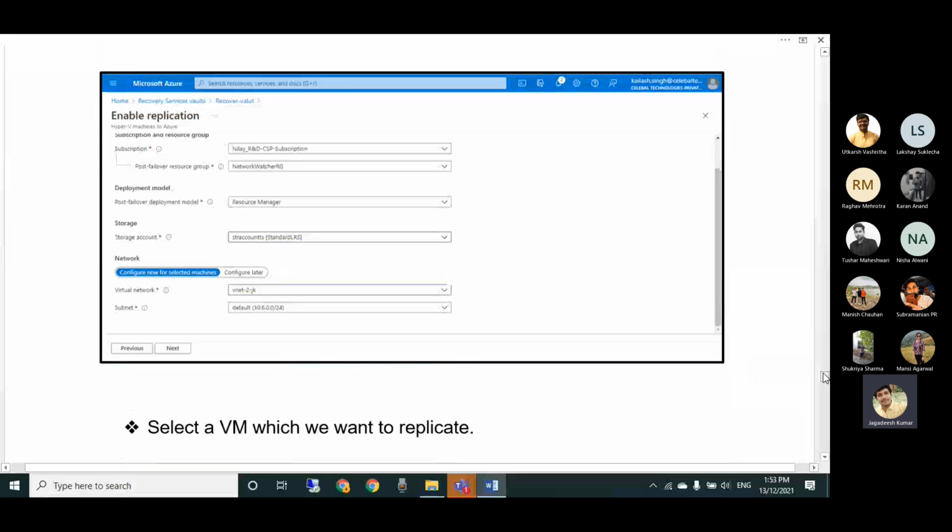Then we move to the next part, where we just give some basic information about the subscription, network part, resource group, and storage account. We already created the storage account. I hope you are all aware of how to create a storage account. Just create the storage account and